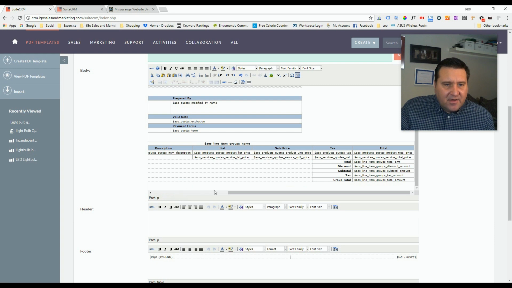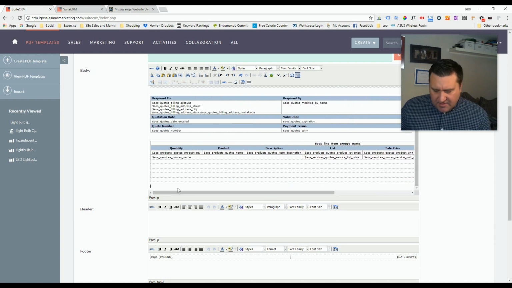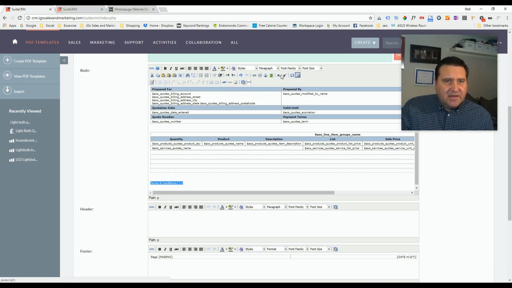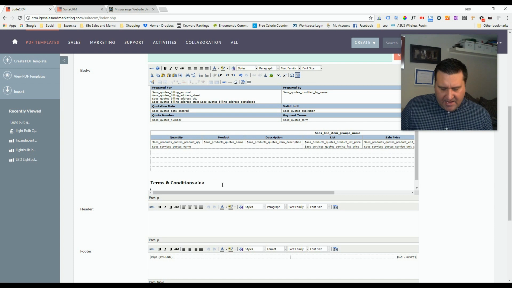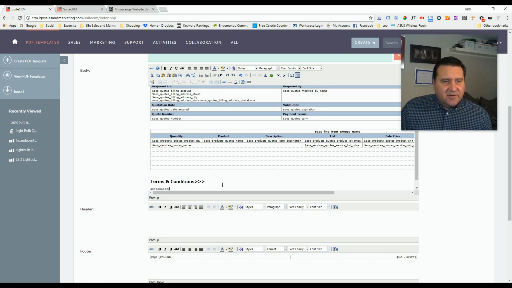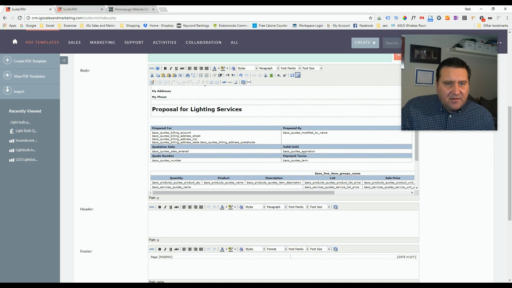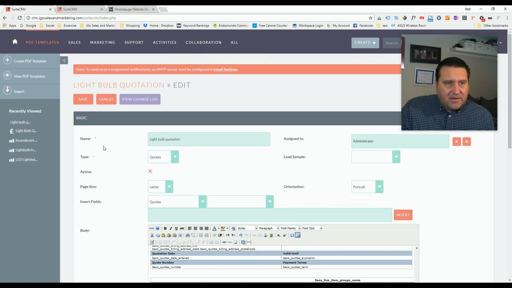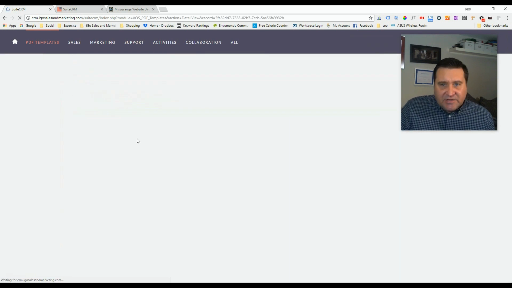At the end here, let's say I want to add some terms and conditions. I'll just show you really quickly since we're here. Terms and conditions, and you can maybe make that a title. So I'm just going to double click. I'm going to make that, let's say H2, which makes it big. And then I'm going to add terms here, kind of thing. That's about it. All I need to do now is save it, and then when I regenerate my quote,